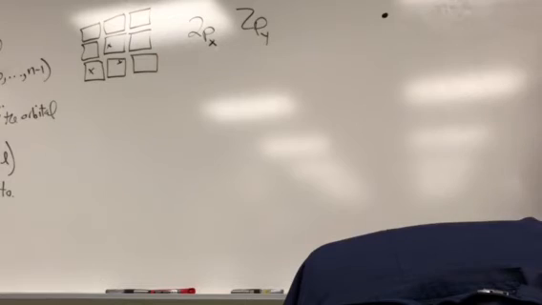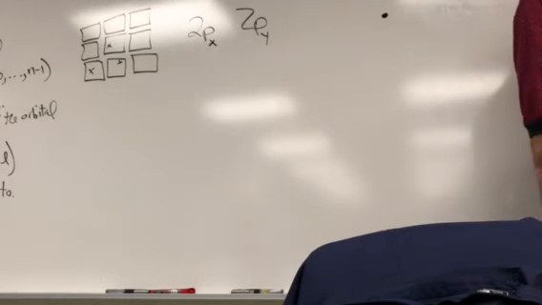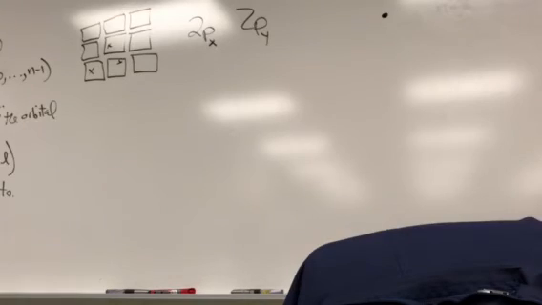If we go to the third floor, which is our third sublevel, that's script L equaling 2. Remember, it's counterintuitive. You would think it's a third sublevel, so it should be 3, but it's not. It's 1 less. It's 2. In other words, what we call the d sublevel, guess how many rooms are in that floor? 5. See the pattern? 1, 3, 5. There are 5 orbitals. So I'll separate those again using hash marks. We have the script m sub L value equaling -2, -1, 0, +1, and +2. Remember, the m sub L values go